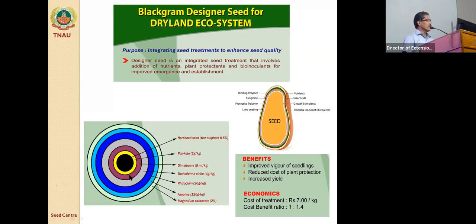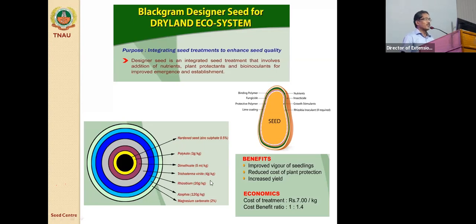Here, what we have done is hardening with zinc sulfate 0.5%. Otherwise, this is called integrated seed treatment, all in one treatment. We cannot recommend that farmers go for hardening while other people go for polymer coating. And one more recommendation: dimethoate to escape from early shoot borer or sucking pests like that.